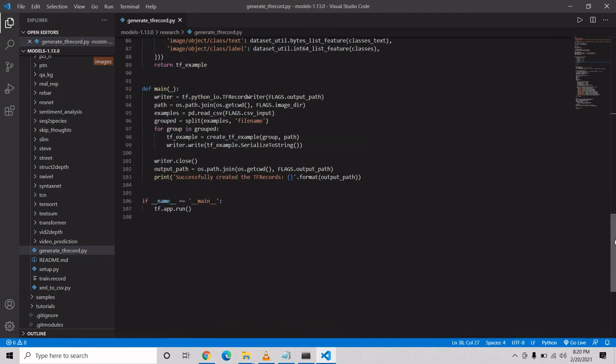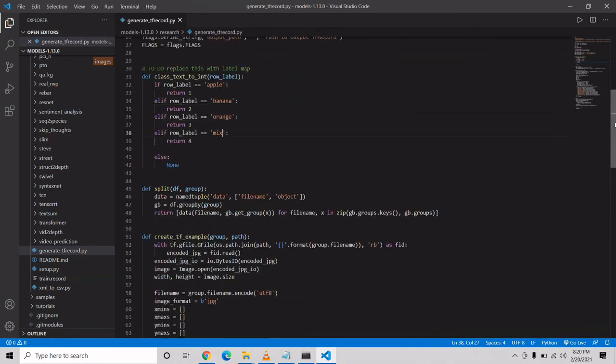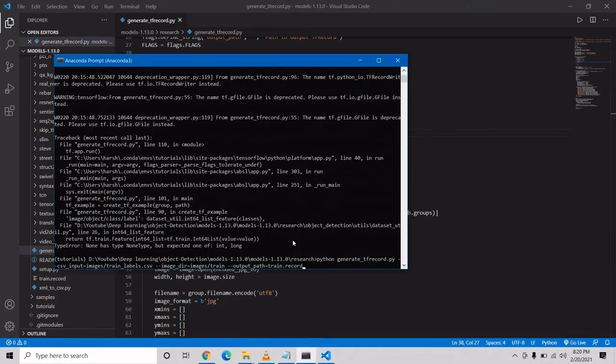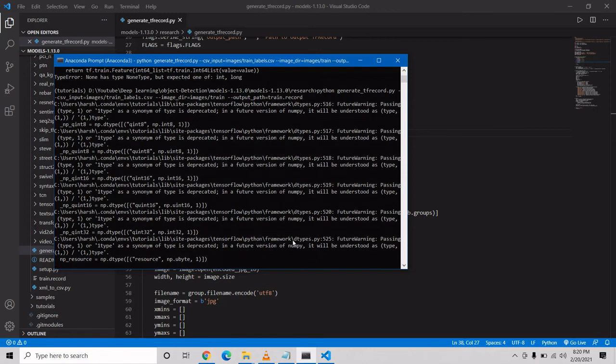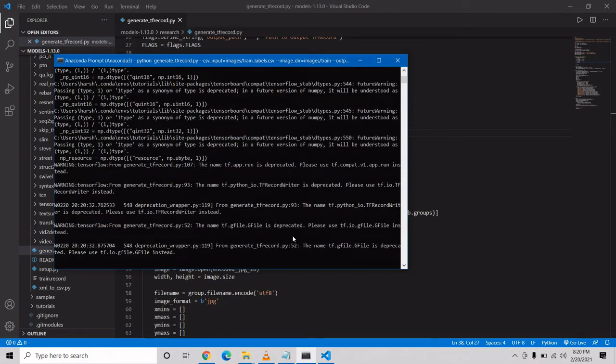This is only a simple change you have to make in your generate TF record. For now, let's see if it is running or not. And all the commands will be given in the description.